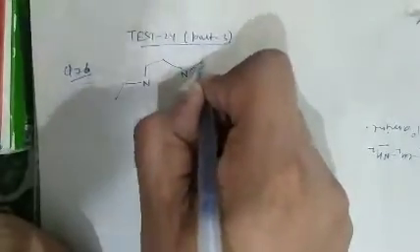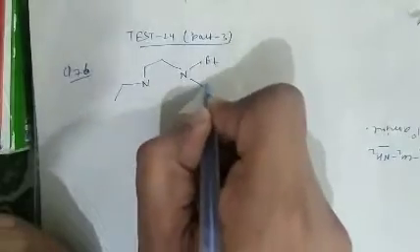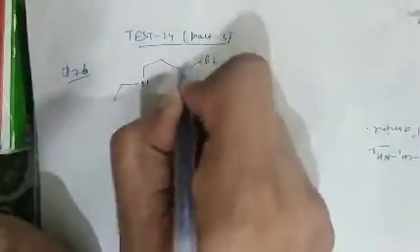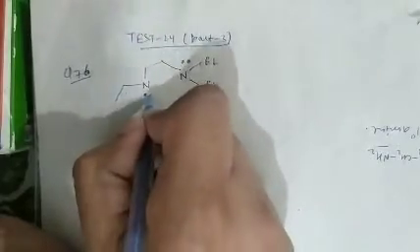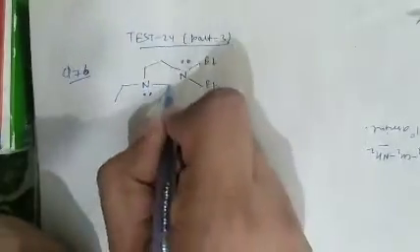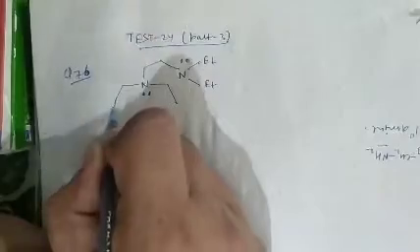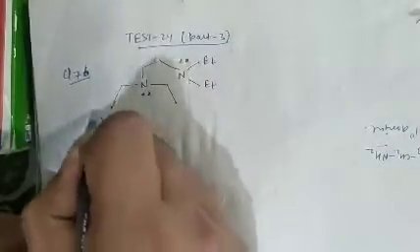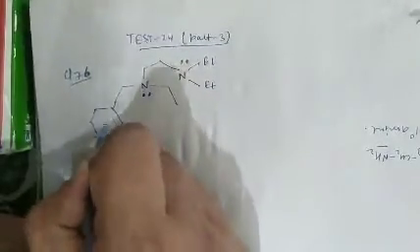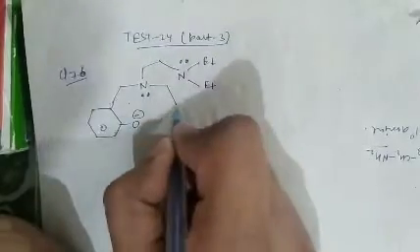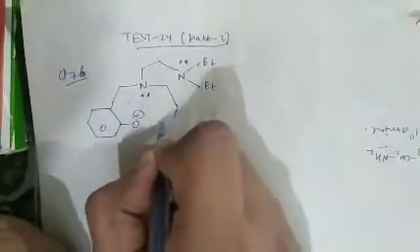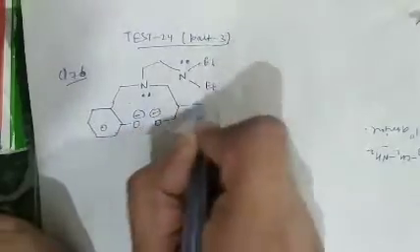The nitrogen atom is attached with two ethyl groups. So there is one lone pair. Also on this nitrogen atom there is a lone pair, and this nitrogen atom is connected with the ring, and the ring is connected to an oxygen atom also carrying a negative charge, and this is also connected with an oxygen atom carrying a negative charge.